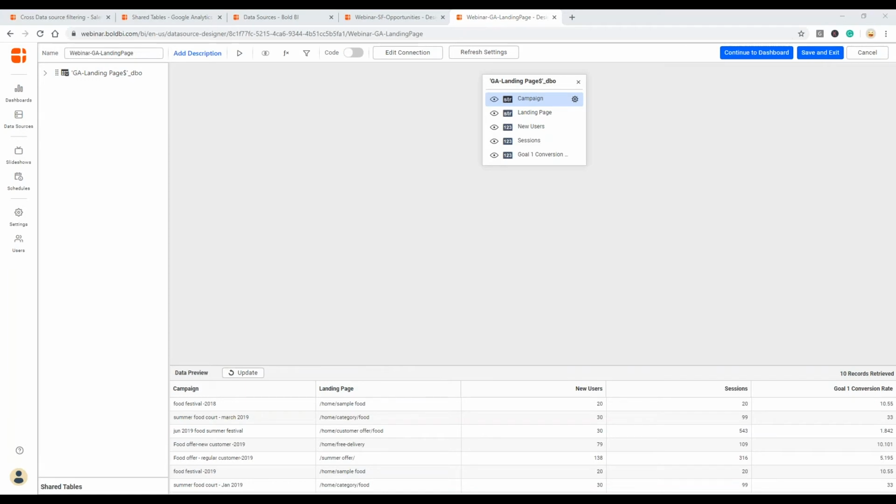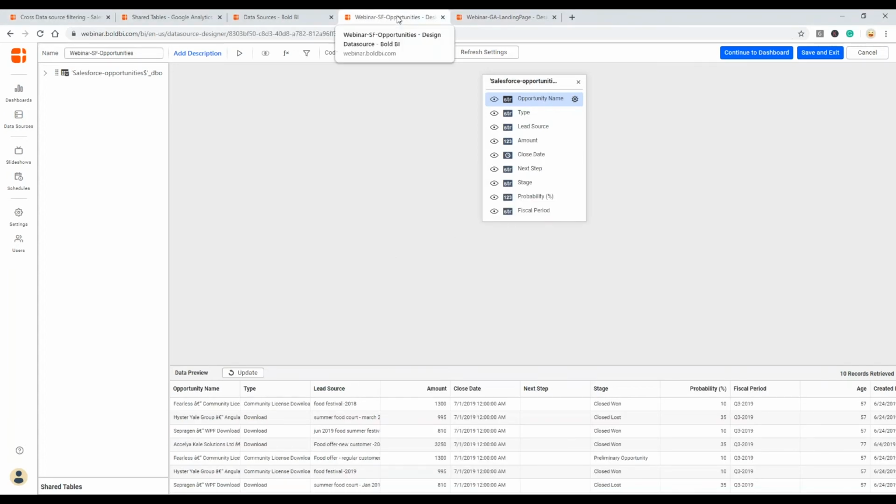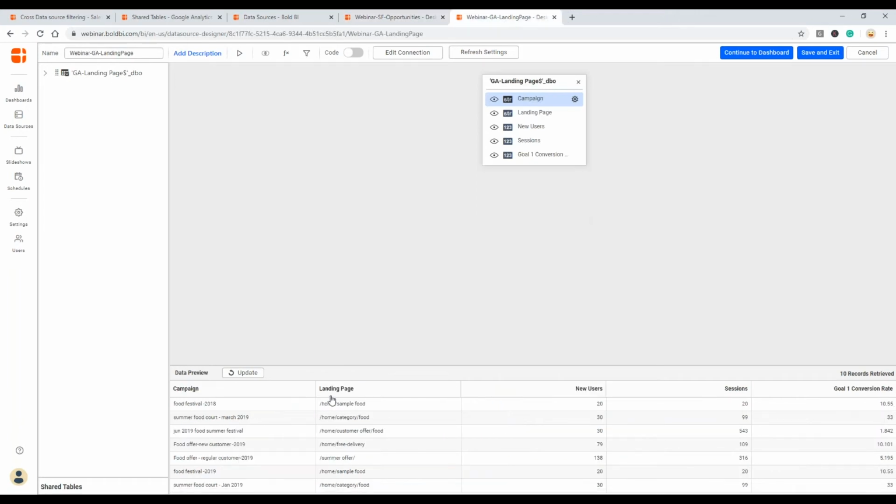While talking a few slides back, I told you about the bottom-up approach to run a marketing or sales strategy that is combined between marketing, sales, and the executive team. As you see here, the marketing team would have created the Salesforce opportunities, but while naming the lead source, they named it so carefully that the lead source value and the campaign value are the same.